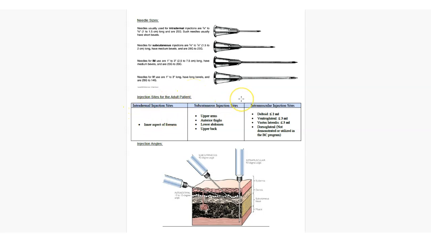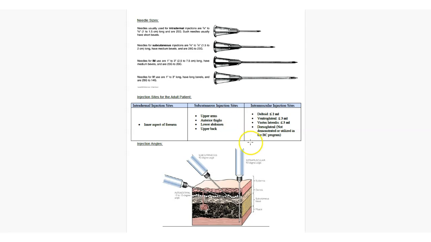So here are different injection sites for adults. You have the intradermal injection site, which is usually the inner aspect of the forearm. Again, commonly done in PPD. For subcutaneous injection, we use the upper arm, thighs, lower abdomen, upper back, so wherever we can pinch a good amount of fatty tissue where we can administer a subcutaneous medication. IM, on the other hand, common places would be the deltoid and ventrogluteal, and there are some places that actually use the dorsogluteal, but it is no longer being used and is discouraged